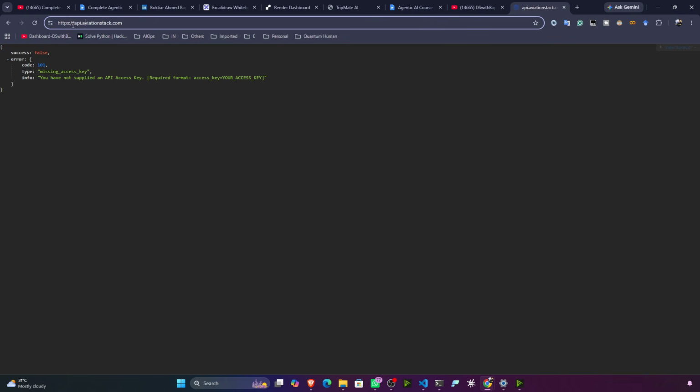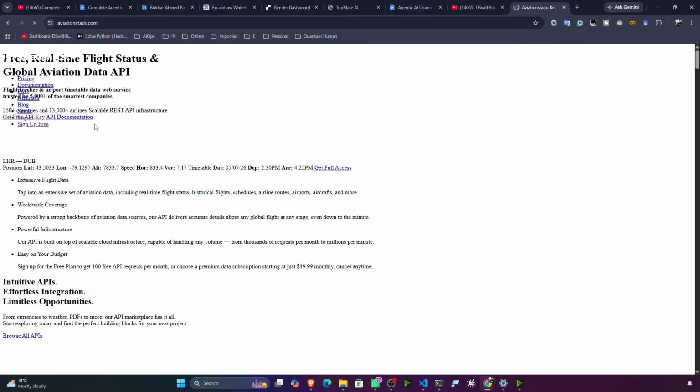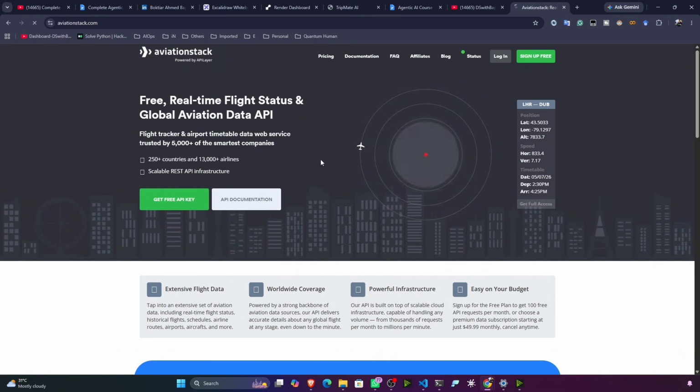Okay, this is the API, right? I will go to aviationstack.com. So this is the website, and this website gives you this API. So where will I get this API? There is API documentation. If I visit that,